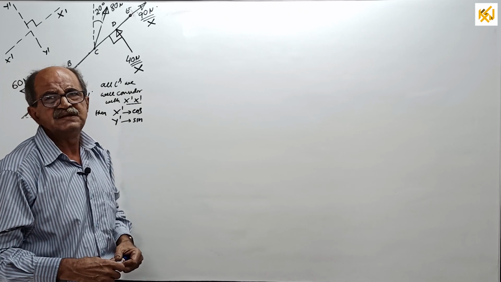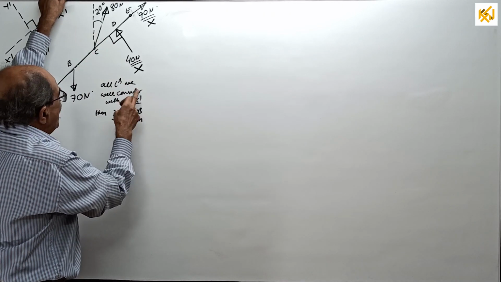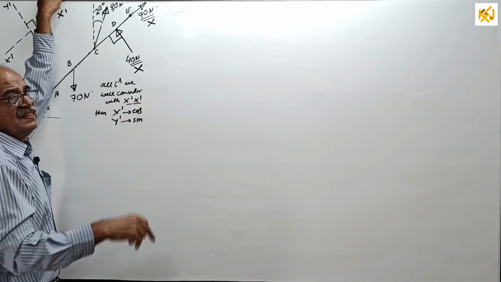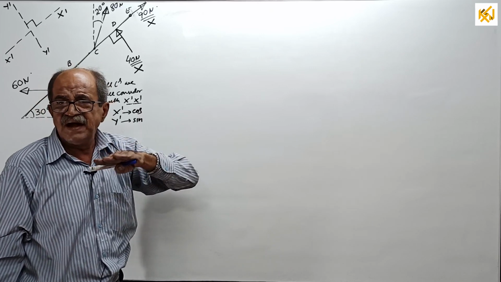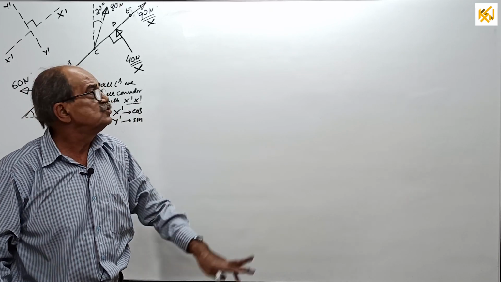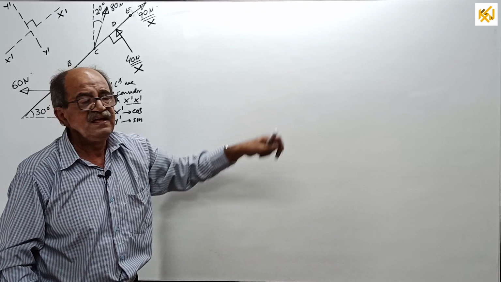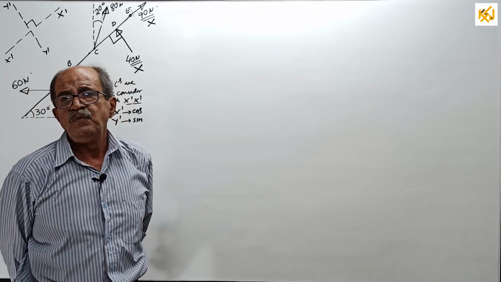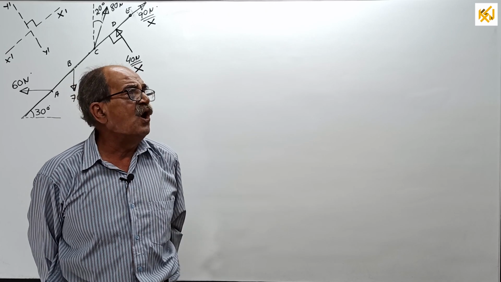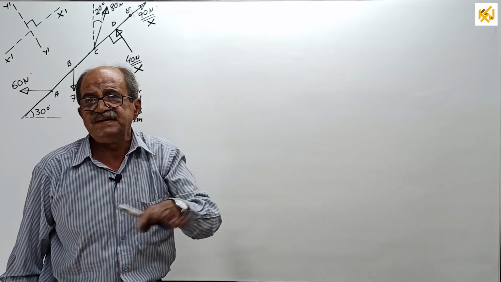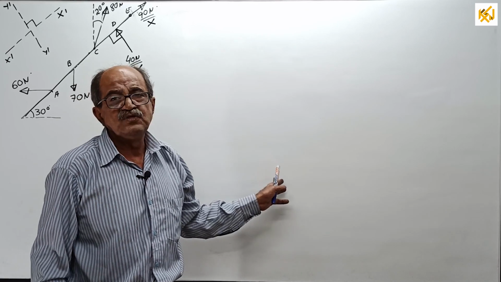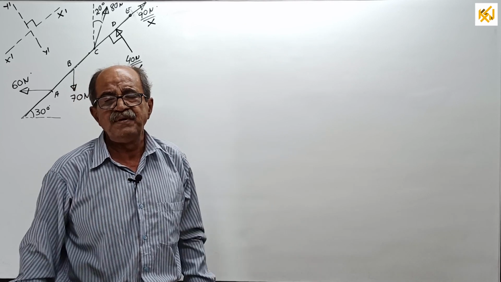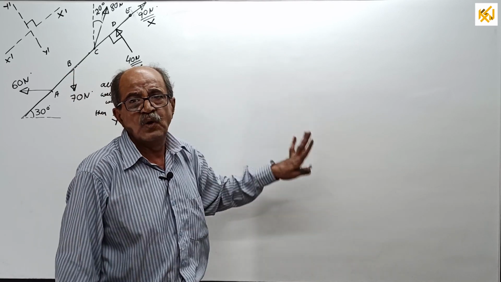This is already thoroughly explained for you. When you consider the angle with the x dash, then along x dash it is cos, the other is sine. So I will not explain again. Start. One important thing, consider the angle which is less than 90 degrees, or with the nearest x dash. Today it is not possible because it has already taken more than half an hour. I will complete this one and close.